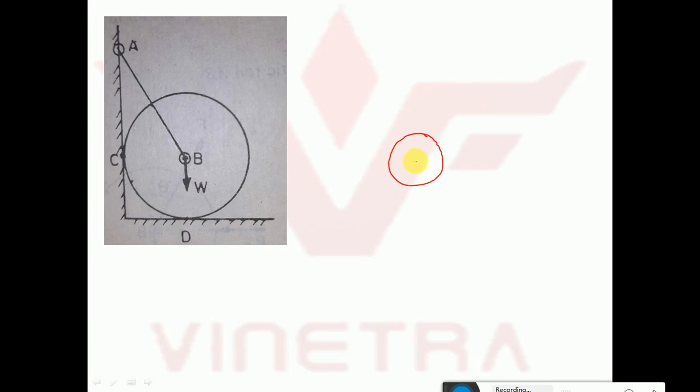problem. So this is the point B. The self weight of the ball is acting at the centroid. Okay. The string is tied at A. So exactly as in the previous problem we have seen, this is RA, the reaction developed due to the string. One more support is here, so I am showing it by RC.